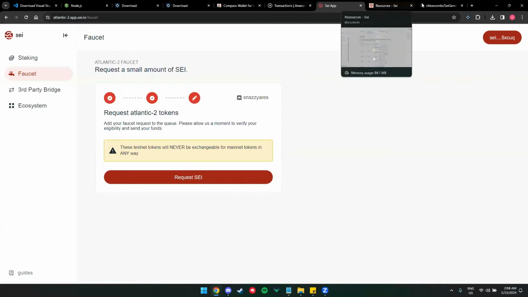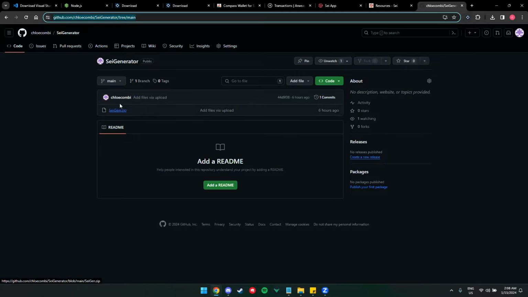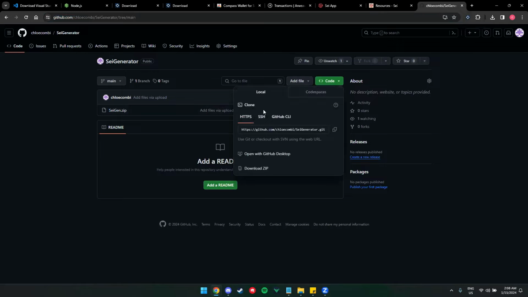With that, you can visit this link to get this NFT generator. It's also Hashlips with some minimal code changes. So you can just download this one. Okay.